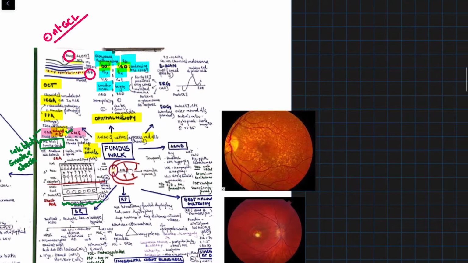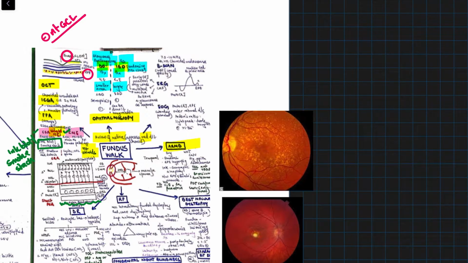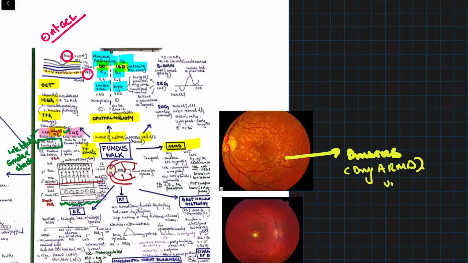Then let us look at the diseases and the fundus with it. So first here we can see ARMD. What will we see? Drusen, right? And if drusen are seen, then this means it is dry ARMD, right? Treatment can be using just vitamins. If there is wet ARMD, that is, you can see some choroidal neovascularization, then the treatment of choice will be some anti-VEGF like bevacizumab and ranibizumab.